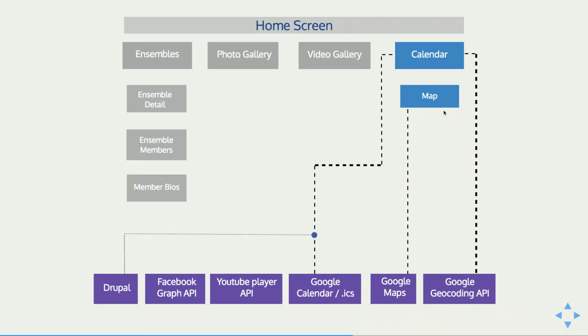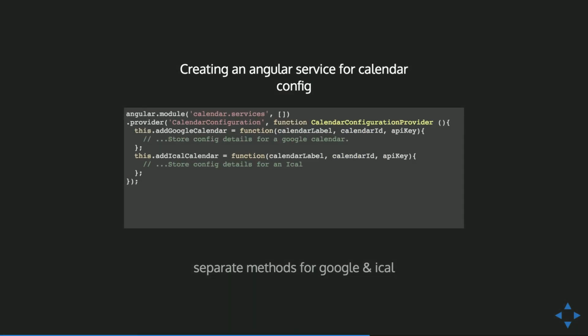Okay, so again, we're looking at this calendar view. There's a map on that page. And for this demo, we're going to be looking at data coming from Drupal and data coming from a Google Calendar. I have a code sample in here. I'll get to it later. So this first snippet,